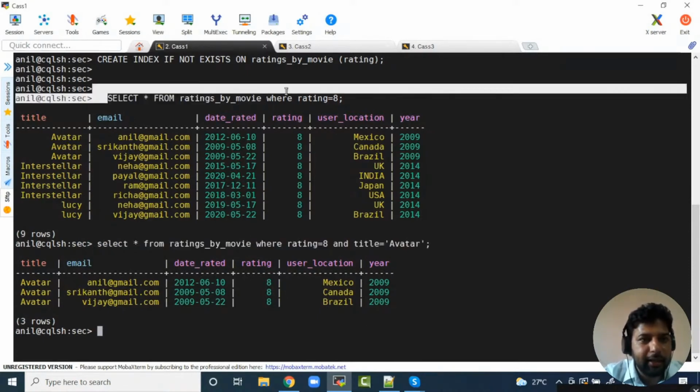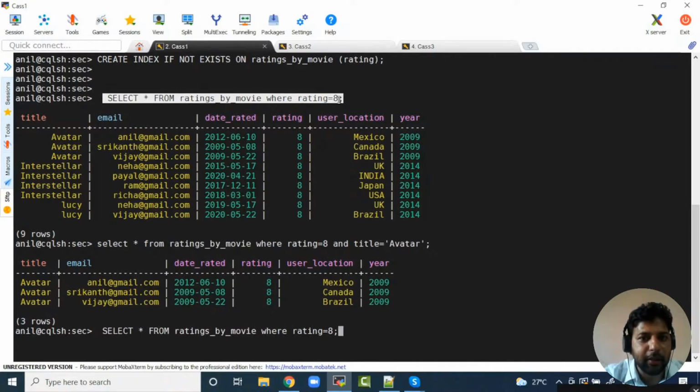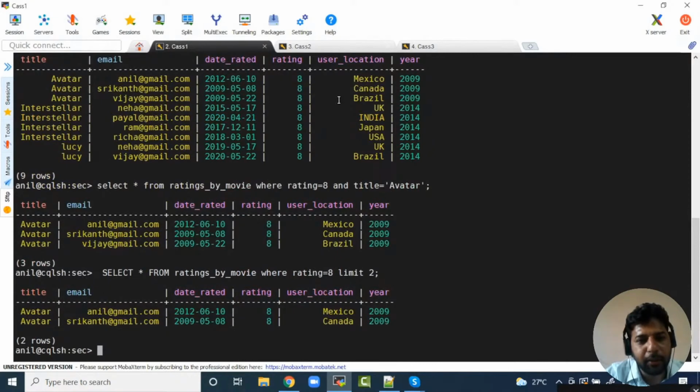Now, let's say there is one more way you can use secondary indexes. Instead of asking for all the rows, let's limit it. I'm limiting the number of rows. Let's say you have 100 nodes, and you are fetching only 50 rows by saying limit 50.